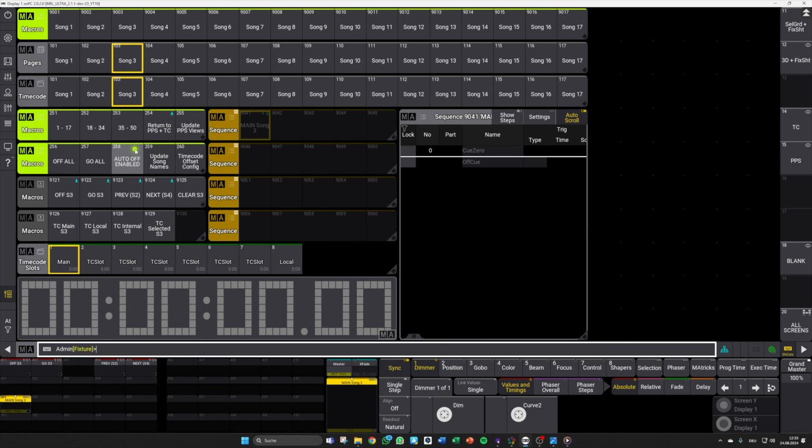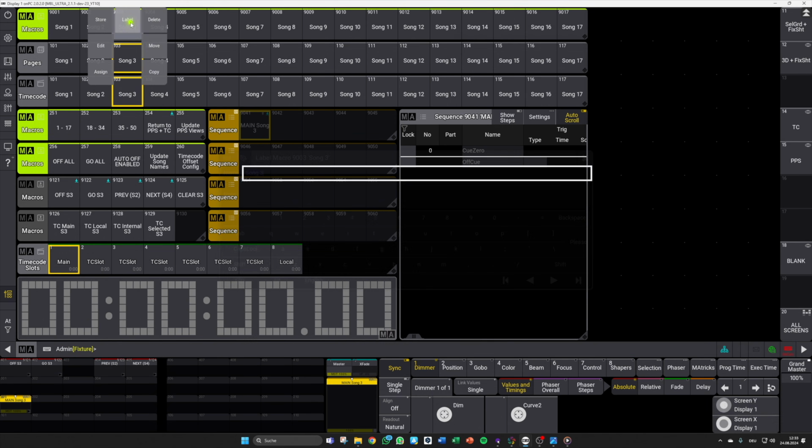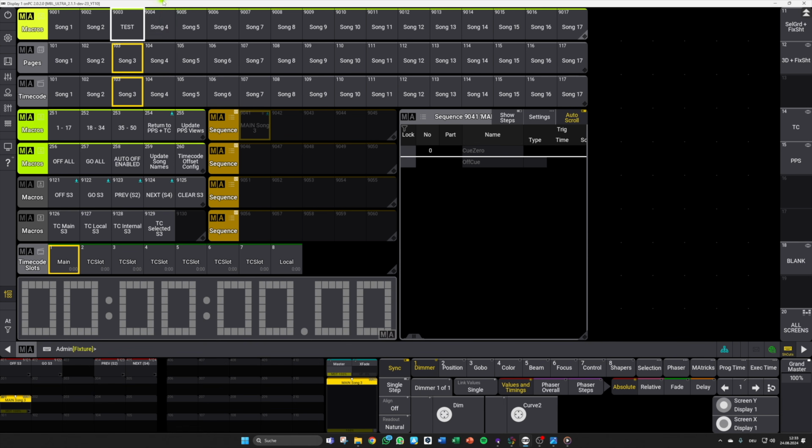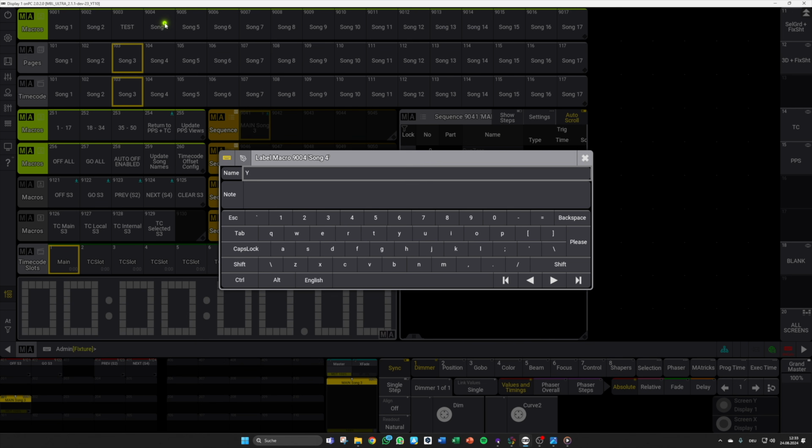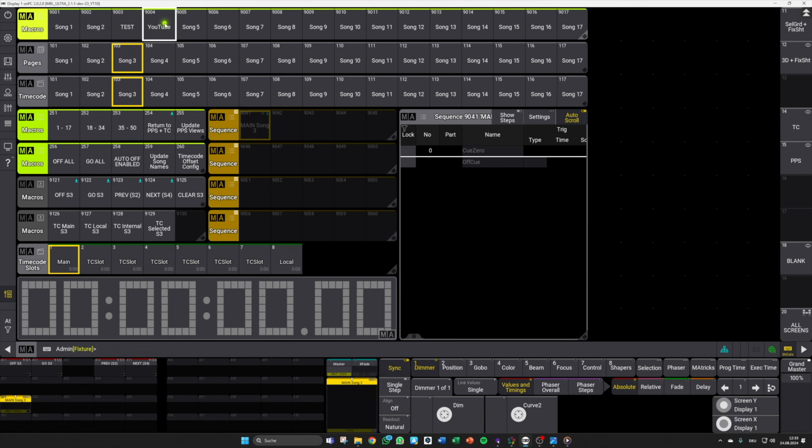Let's skip this auto off enabled macro and first look at our update song names macro. This is there to give you the chance to easily name pages and timecodes according to your song title. Therefore, simply edit the title of the main song macro. For example, let's do a test here and maybe YouTube song there. After you have set the song names, simply hit it and you will get pages and timecode elements named in